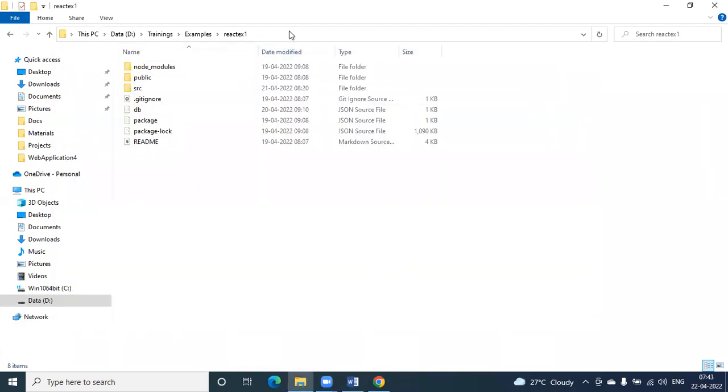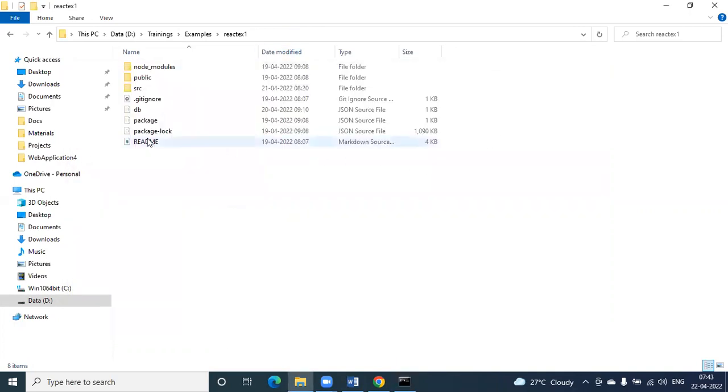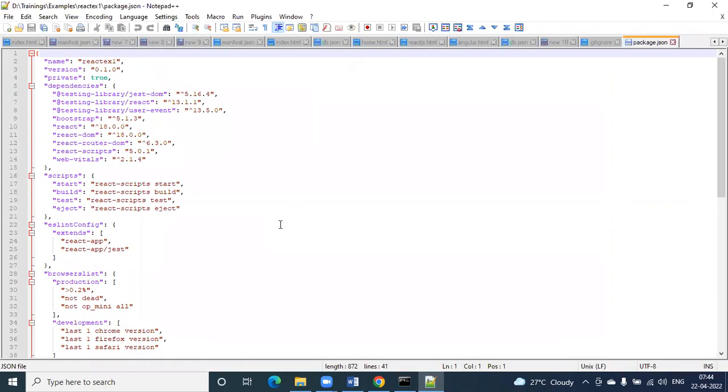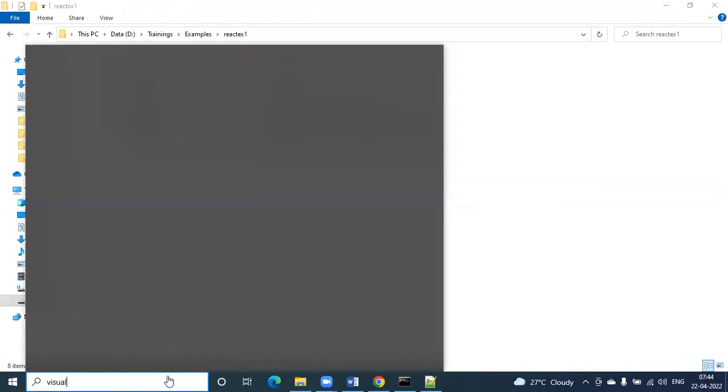Next, once it is set up, you need to run the application. Type the command npm start, node package manager start. This start will call the internal logic of your package.json file. It will check for the start command. Based on this start command, the respective React.js will be compiled. Next, once it is done, simply open Visual Studio